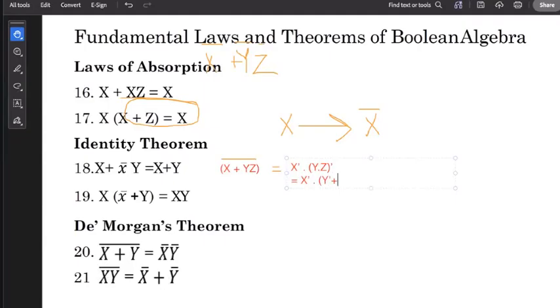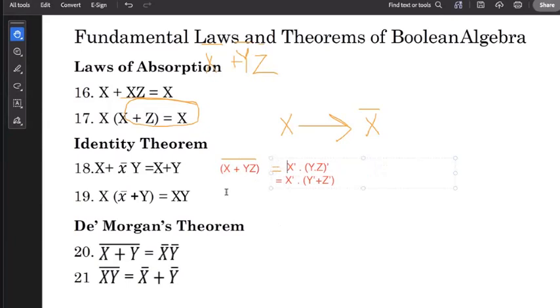Y bar plus Y bar plus XZ bar. Z bar. So now this is how you find the complement of any equation. If you want to find the complement of an expression, generally you make use of De Morgan's theorem,